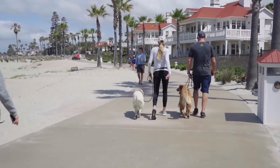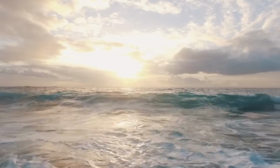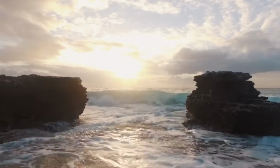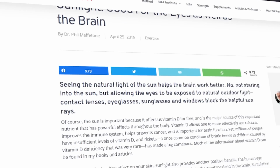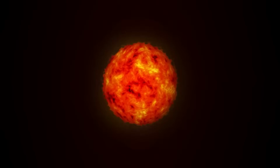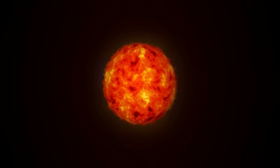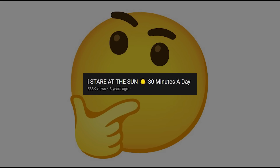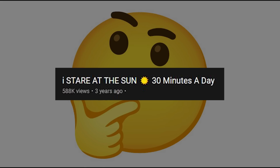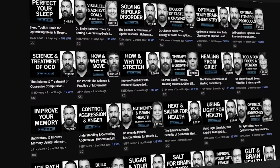Going outside and getting sun comes with other benefits as well. When your eyes are exposed to sunlight, basically they get triggered to maintain their health. Sunlight exposure to the eyes has a variety of health and mental health benefits. This does not mean looking directly into the sun, but just walking around outside where it is bright. If it starts to hurt, don't look at the sun or look at something that hurts, but just get some light exposure. If you want more details on exactly what this is doing, I'd recommend checking out episode 24 of